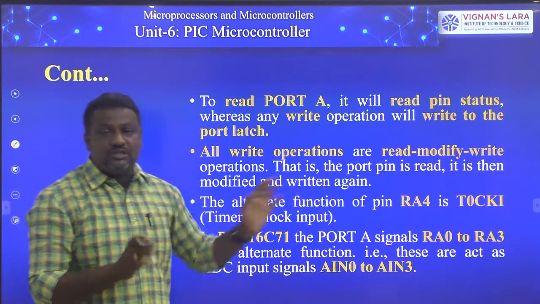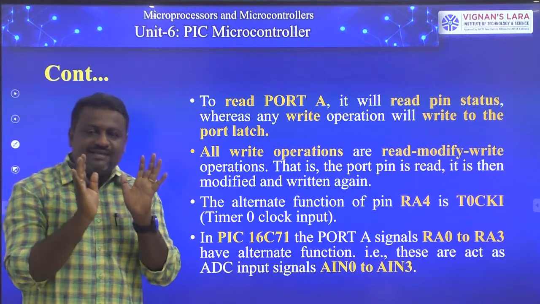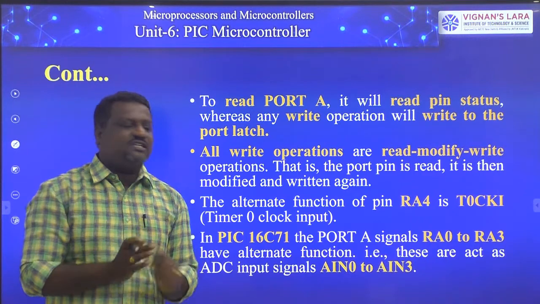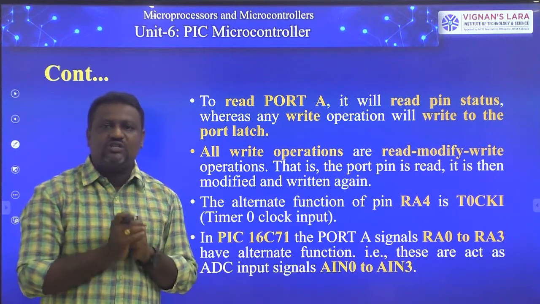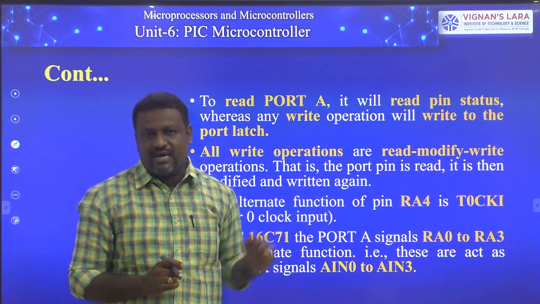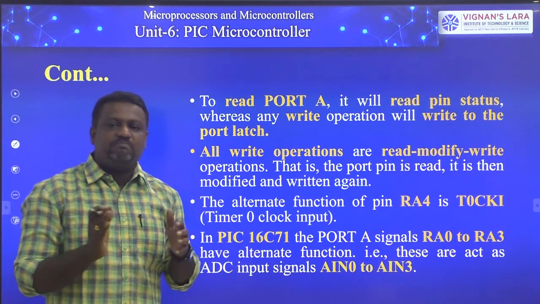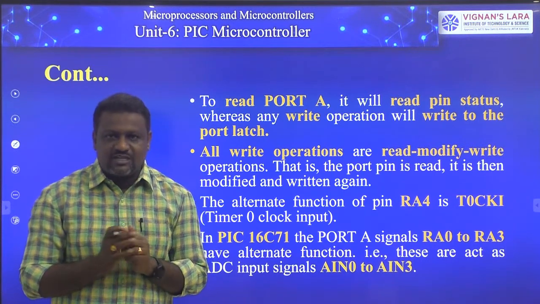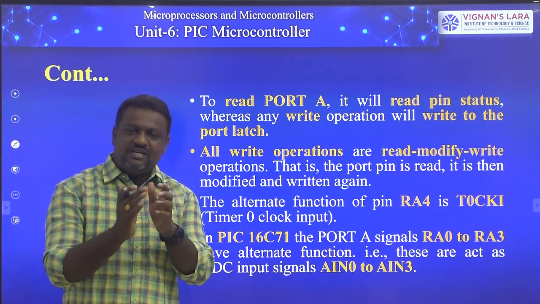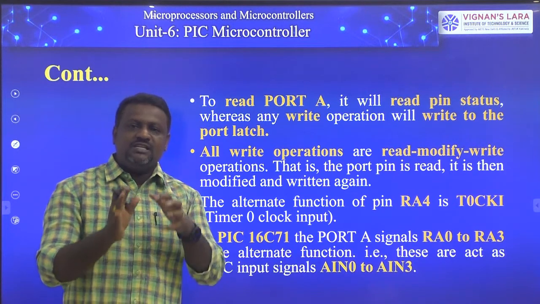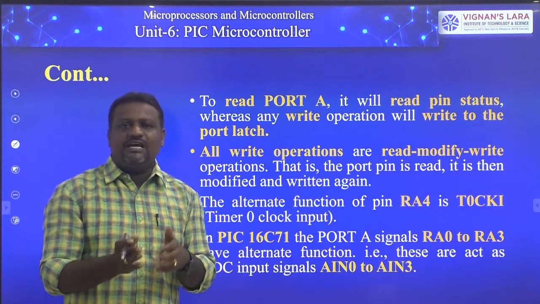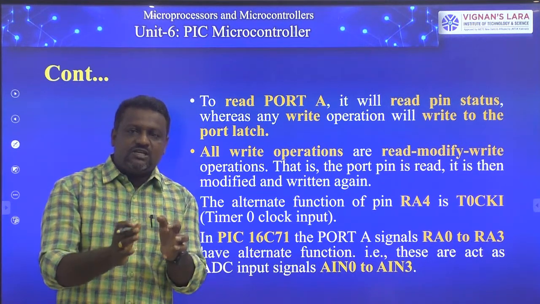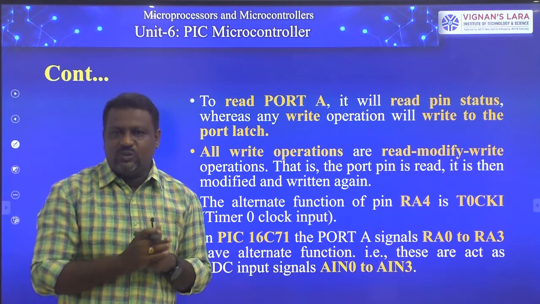The alternate function of RA4: out of 5 signals of port A in PIC16C61, only one signal, that is RA4, has an alternate function, that is T0CKI. Once you remember the features of PIC16C61, it has one timer circuit along with the watchdog timer WDT. That timer is TMR0. A timer in a microcontroller can act as a timer as well as a counter. When it acts as a counter, the timer circuit gets the clock signals from the external world.